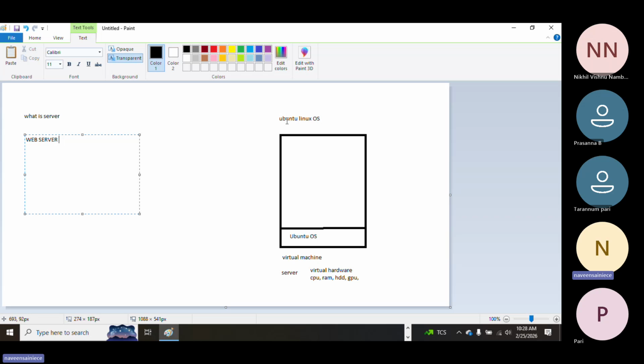But whether that server is a web server or a database server, we see by what is running inside. If it is a web server, then some web application is running. If it is a database server, then a database service is running.